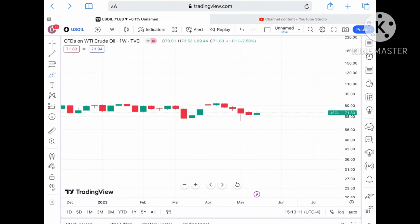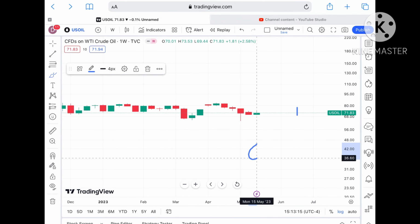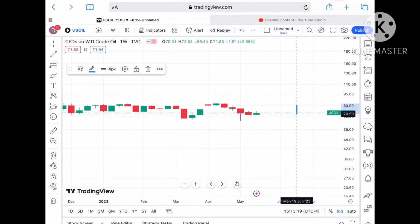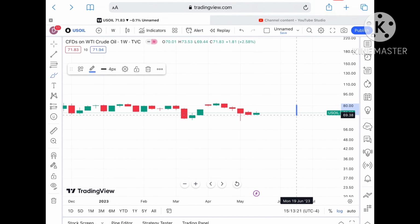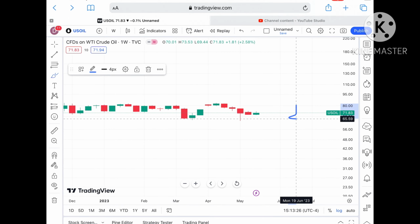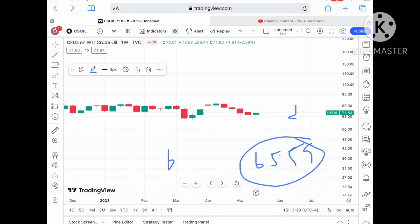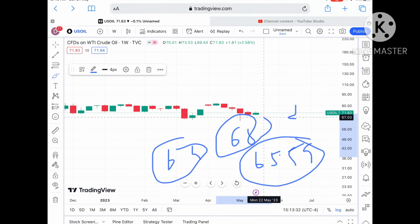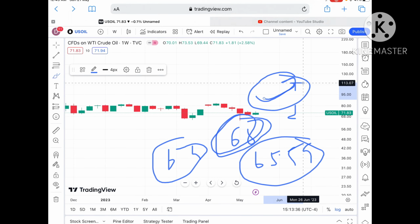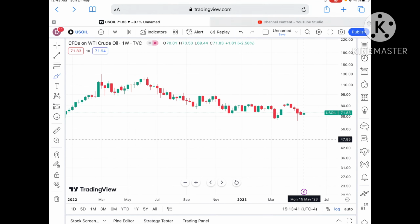Okay, suppose the price doesn't sustain this particular level, it can go further low towards a level of $69.9. $69.9 is already a weak support, so chances are high it can move further low, and there is a probability of touching 69, and from there we can see a level of around $65.59. After 69, chances are high that 68 is a support from where a bounce back can come. But if that doesn't sustain, chances of touching 65.59 will be there, and there will be a zone breakup going towards a level of